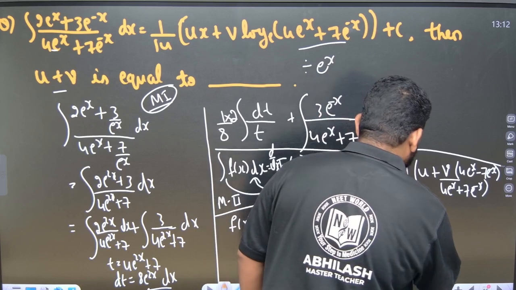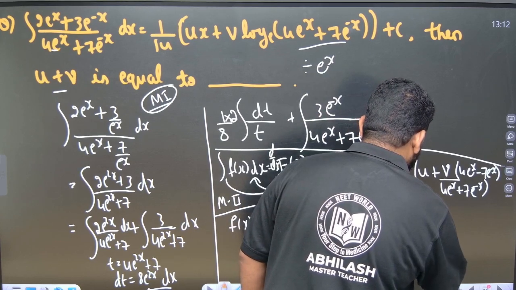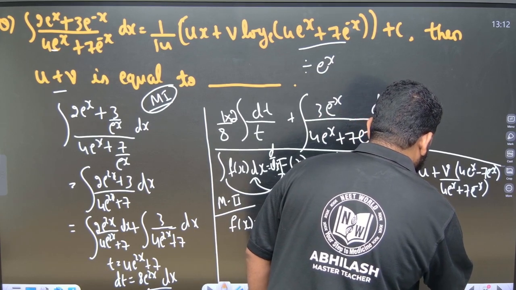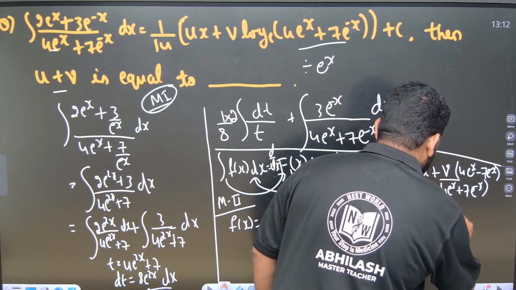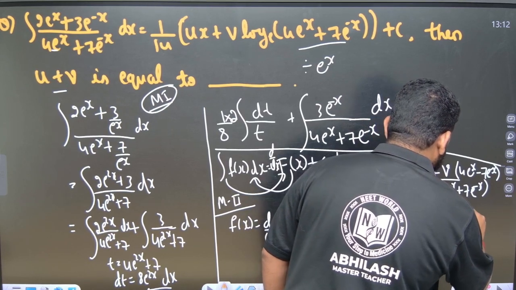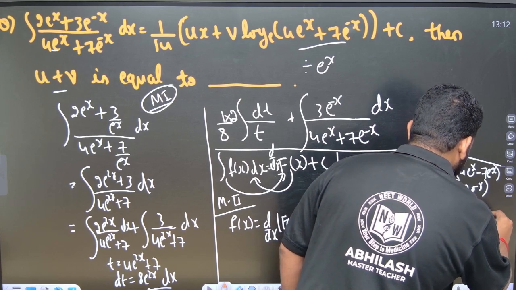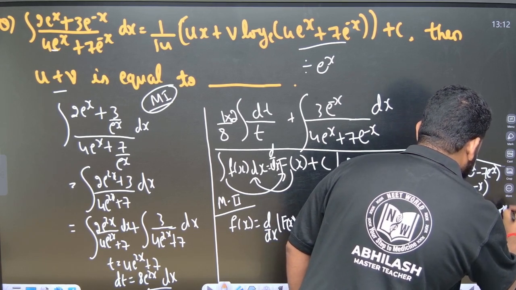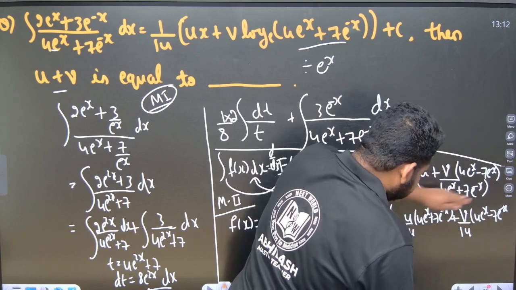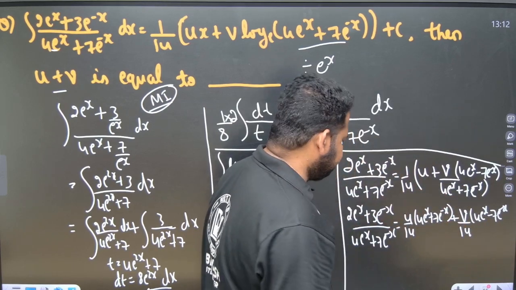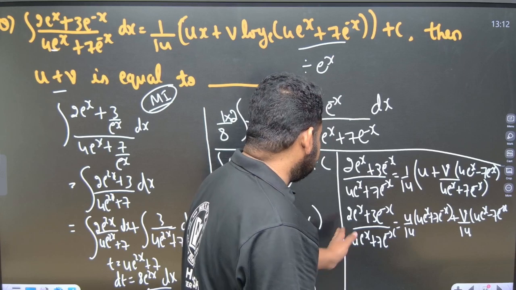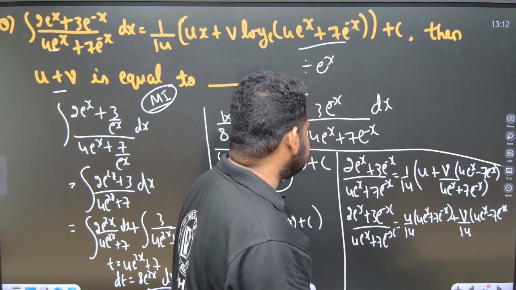U is nothing but u by 14 into 4 into e power x plus 7 into e power minus x, plus v by 14 into 4 into e power x minus 7 into e power minus x. So this entire thing and this denominator will get cancelled. Now if I compare the coefficients of just e power x,